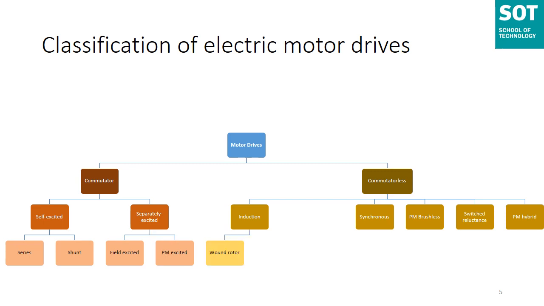Technological developments have recently pushed commutatorless electric motors into a new era. Advantages such as higher efficiency, higher power density, and low operating cost are there. They are also more reliable and maintenance free compared to the commutator DC motors. Thus, the commutatorless electric motors have now become more attractive.